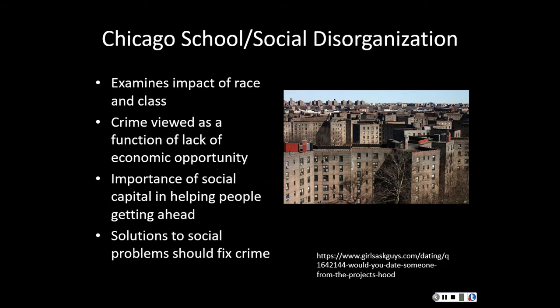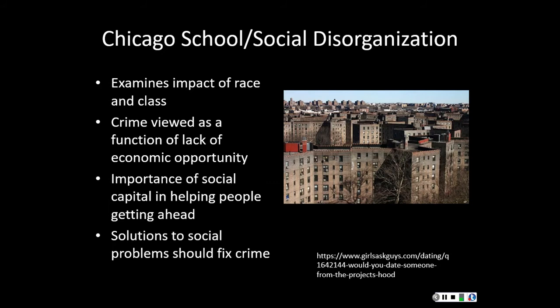Important in the analysis of the Chicago School is the impact of race and class, and that race and class can interact together to create a social condition whereby people find crime permissible. Important to this are visions of the future, and that people find that there is somehow a way that if they're in poverty, they can get out. Important in the Chicago School and the social disorganization theory is something called social capital, where individuals that are trapped in high poverty environments and high crime environments have somebody that can guide them and give them the tools they need, particularly in areas that may lack strong public schools, so that they can get out of that.